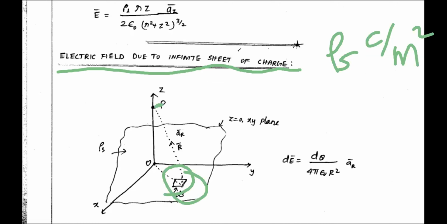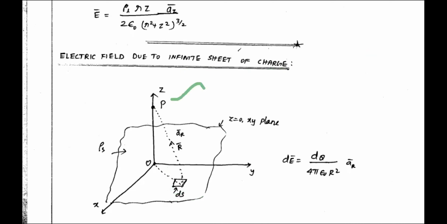Okay, so please imagine this is a unit test positive charge. Then actually the force will be the electric field. Again we should know what this point is, and where we are choosing this ds. Most probably they will be using a cylindrical coordinate system for ds. In a cylindrical coordinate system, what is ds?